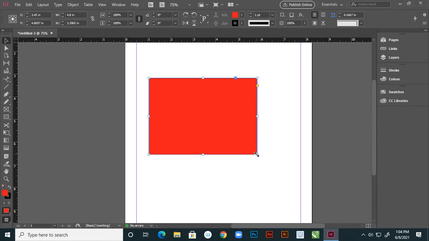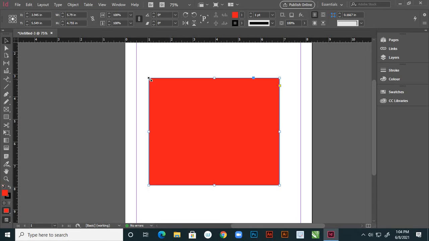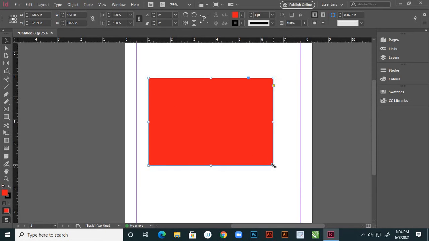And here you can stretch this shape. I'm using the left mouse button and dragging this shape, right? See here, the top left corner is fixing that point, and the other areas are stretching.